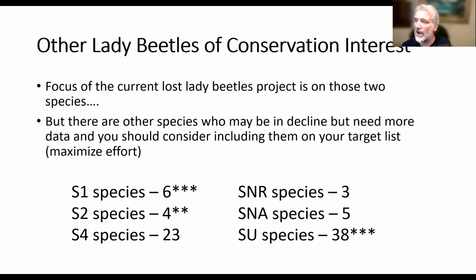But if the data that I input suggests that it could be extremely rare or could be extremely common, which basically would say an S1 to S5 species, it comes out as SU. That might sound really confusing, but to condense it, we have so little data for these 38 species that they could be threatened or they could be extremely abundant. We just don't know enough about them to